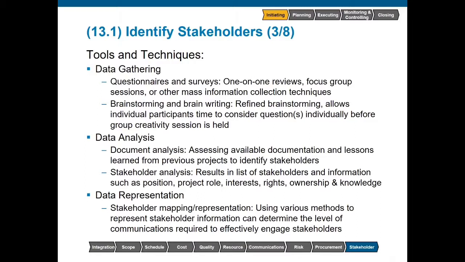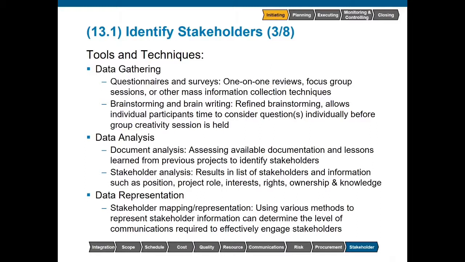Brainstorming and brainwriting are more creativity techniques that we can use in order to ensure that we're capturing as many stakeholders as possible as early as possible. Data analysis refers to both document analysis as we assess the available documentation and lessons learned, because past similar projects may have stakeholders that are still relevant to our project now. With the stakeholder analysis, we're going to look at our list of stakeholders and start evaluating them based upon a number of criteria. So it could be based upon their interest, their rights, ownership, knowledge, and contribution to the project